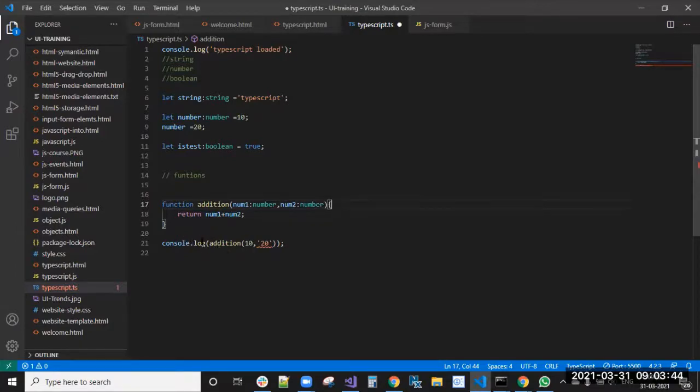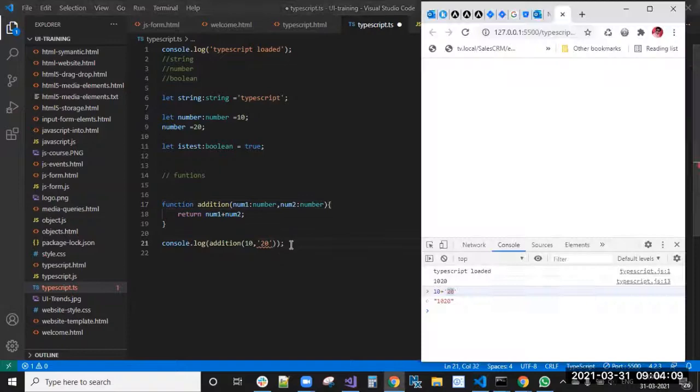In that case, if you write console.log of addition of 10 comma 20, here only you will get an error. 20 is of type string, and you are trying to send it to a parameter of type number. So in TypeScript, here only you will get the error.